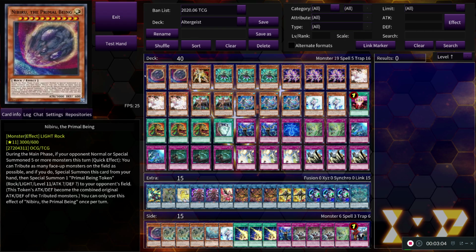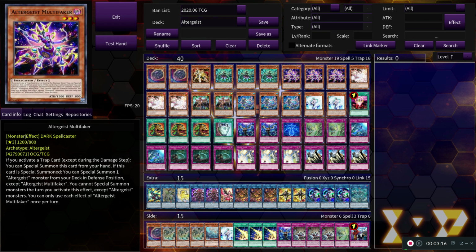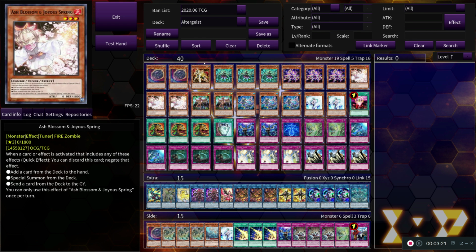For today's deck profile, we'll be going over Altergeist. My version includes 2 Nibiru, 1 Kunkuri, triple Marionether so you can set your traps, triple Multifaker so you can utilize those traps and get 2 special summons out of the deal, triple Ash for one of our hand traps,